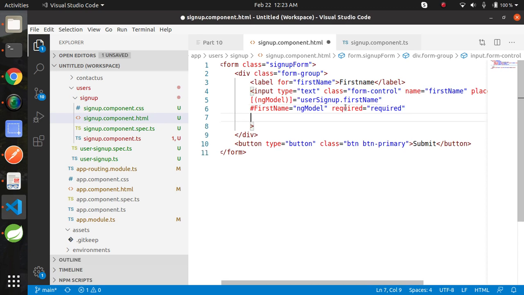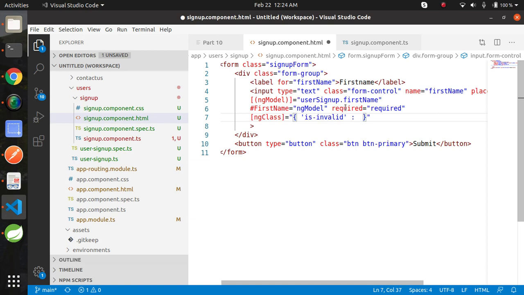Now use ngClass equals to, I am going to use class is-invalid. Is-invalid is a bootstrap class that will be active whenever field is invalid.